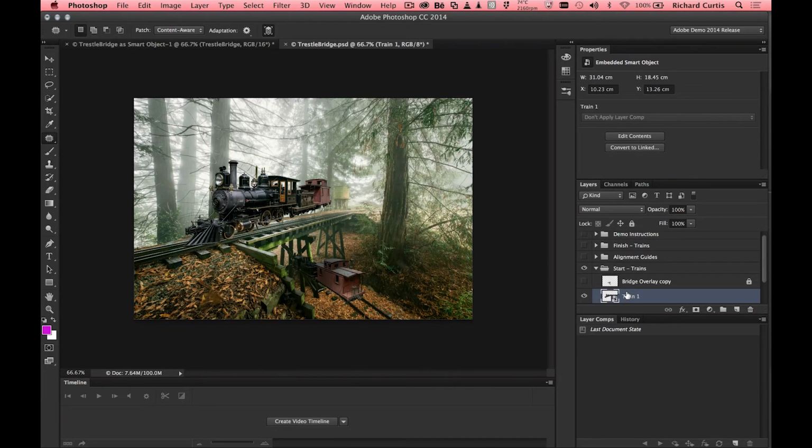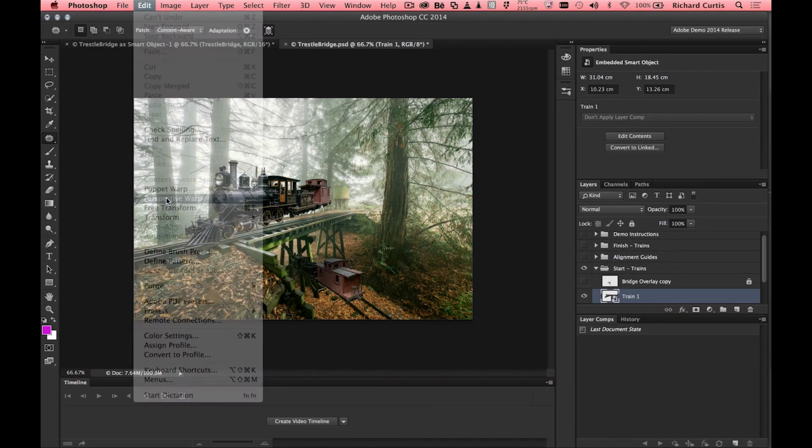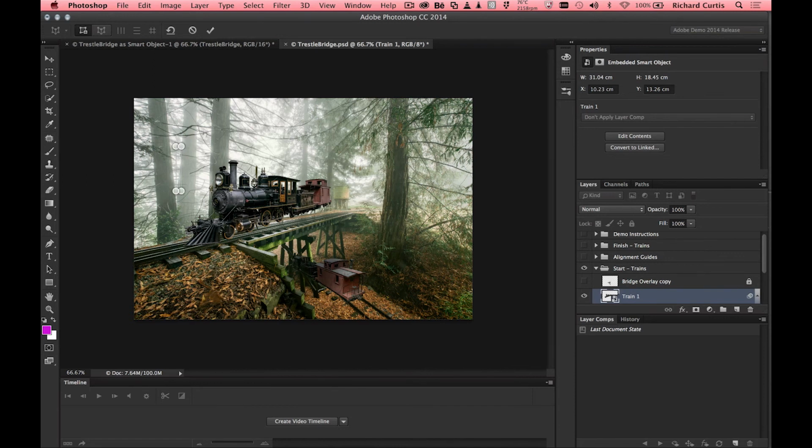So with Photoshop for Creative Cloud, we've got something called perspective warp. Let's take our train here. Our train's in a separate layer. Again, it's a smart object, so it's editable. And I can just go into my Edit, Perspective Warp, and then in Photoshop, just draw the